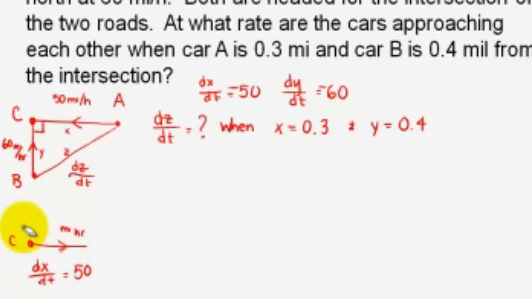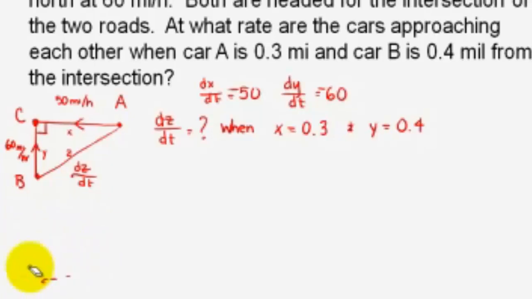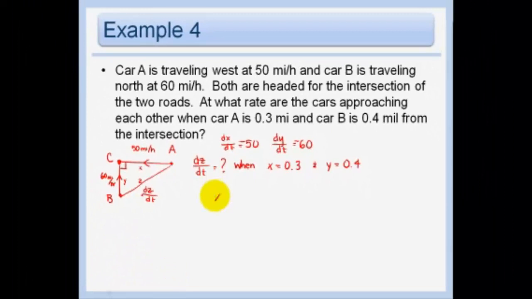So I'm just going to erase this, since that wasn't for our problem. So now we have our Pythagorean x squared plus y squared equals z squared. And now I don't have anything that stays constant, so I just have to take the derivative here and get 2x dx/dt plus 2y dy/dt equals 2z dz/dt. I'm just going to cross all these 2's out. So I have